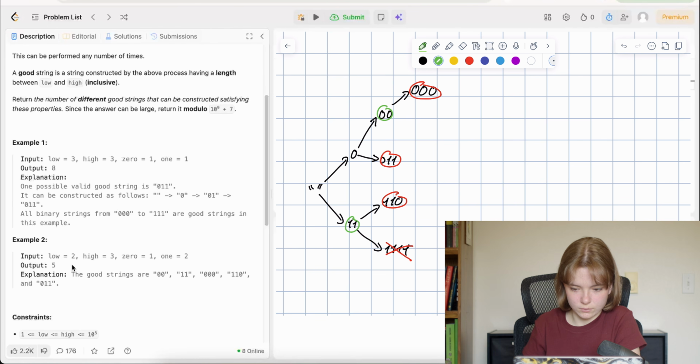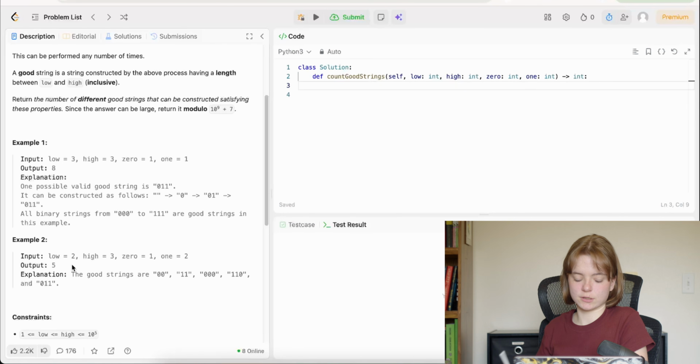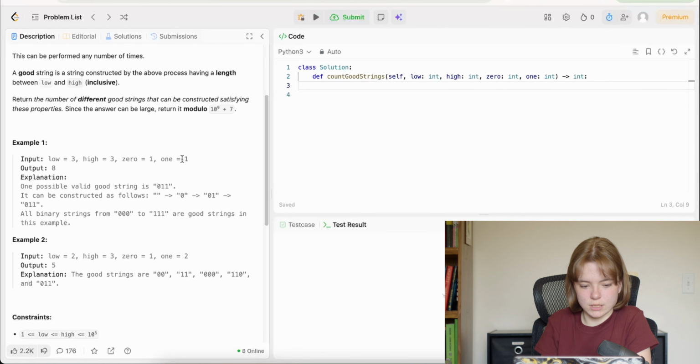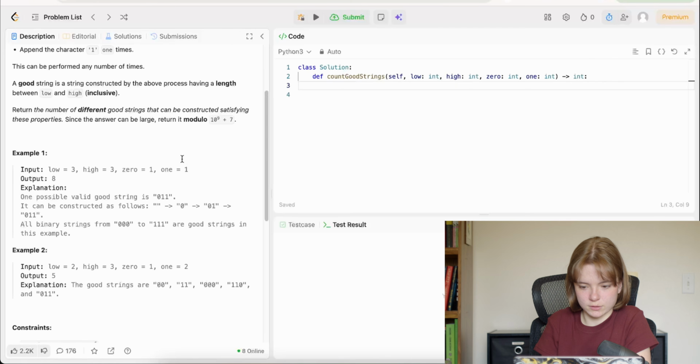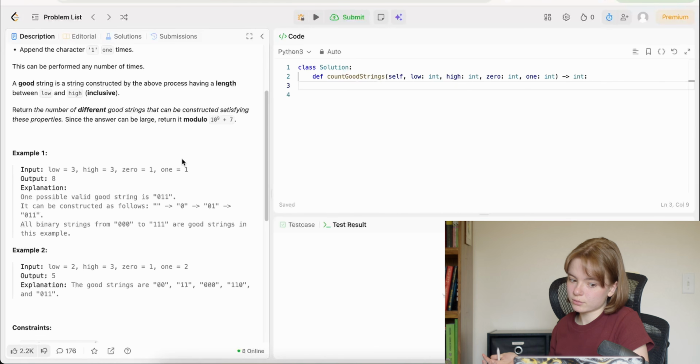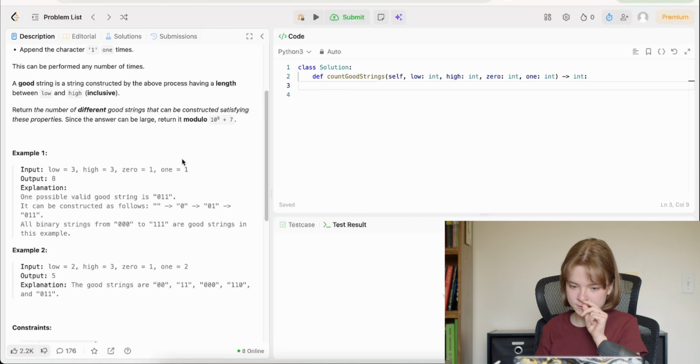Yes. So I think we have the sort of procedure down. How do we make that into code? So let's think about the patterns here. We only want to know the number of different good strings. So maybe what's the minimum tree depth at which we start having things, and what's the maximum tree depth? So the minimum tree depth is whichever 0 or 1, whichever one is the highest.